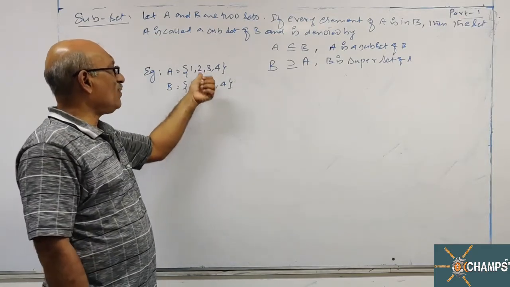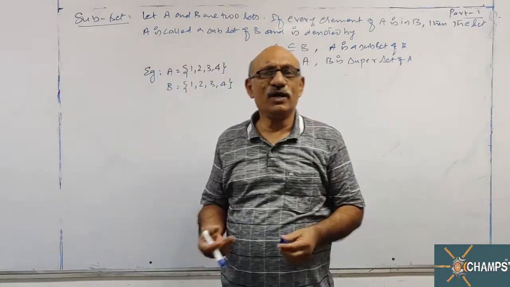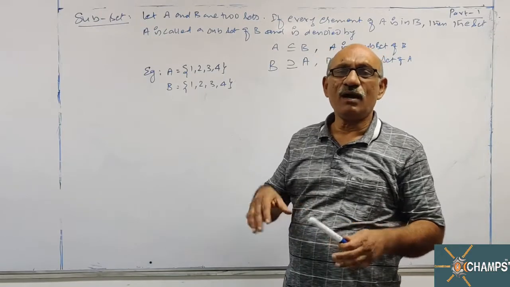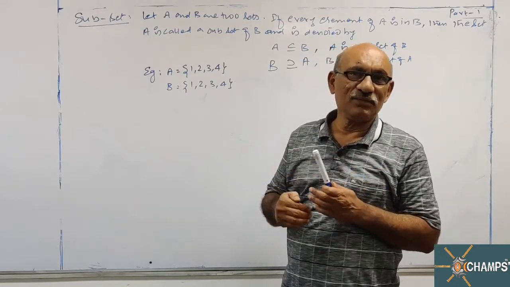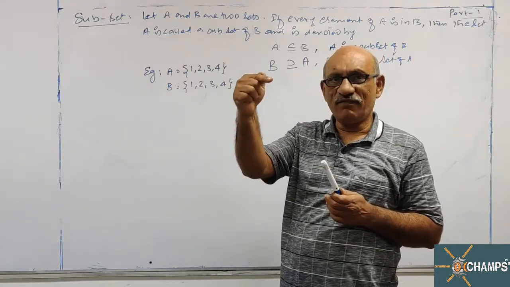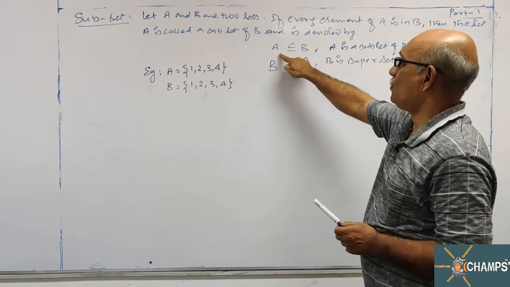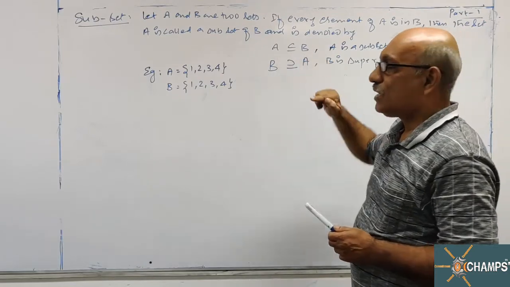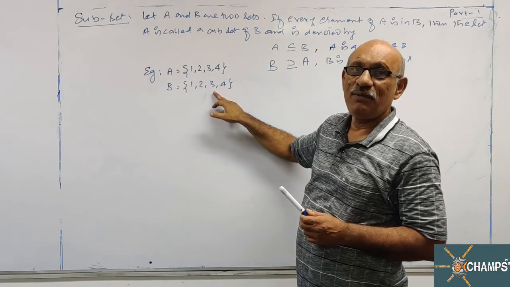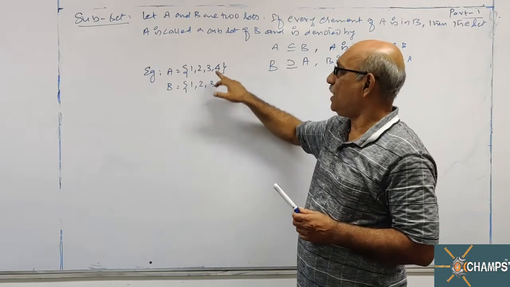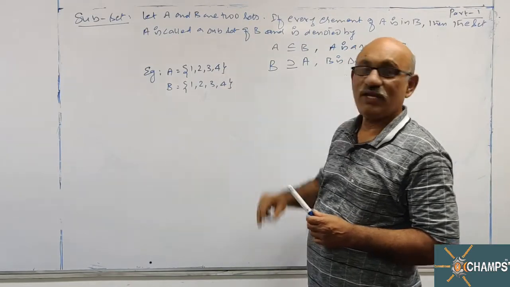When A and B are equal sets, then you can say A is a subset of B or B is a subset of A. But when you are defining the term subset, it means see one set from another set's point of view. Here I want to say set A is a subset of B. So what I am doing is looking at A from B's point of view. Every element of A is in B. Therefore A is a subset of B.